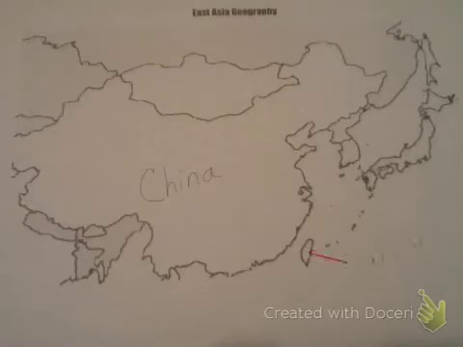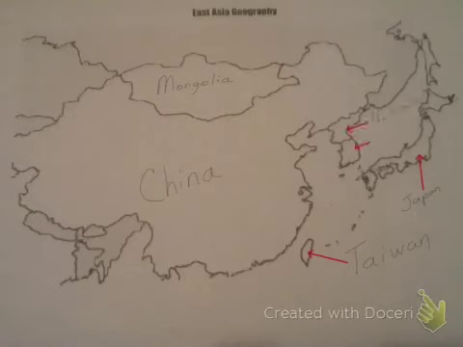The second part of this we need to talk about is Taiwan. Taiwan is actually part of China. They see themselves as separate, but the United Nations sees them as the same. So we're going to study them as if they were a part of China. Third country is one where I was pretty familiar with. That is Japan. And fourth one is Mongolia. You'll see Mongolia is directly north of China.